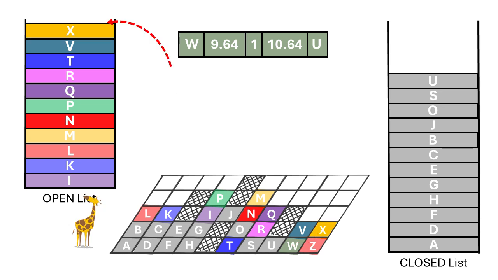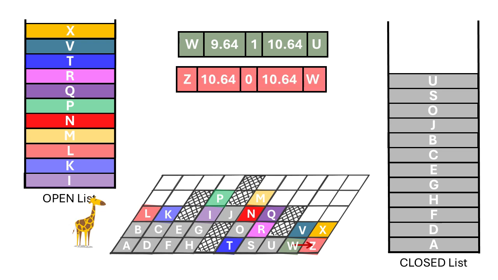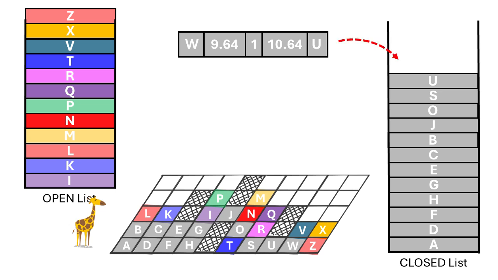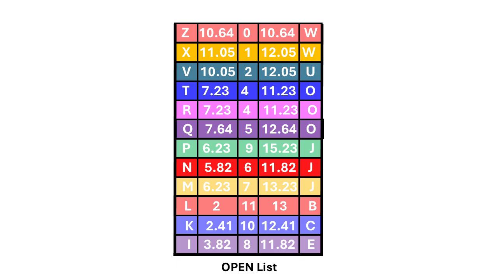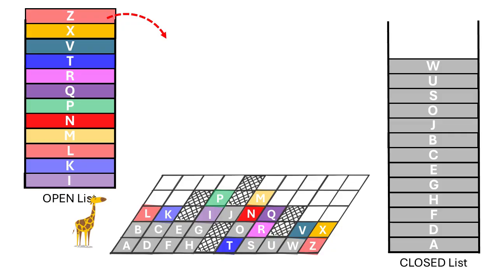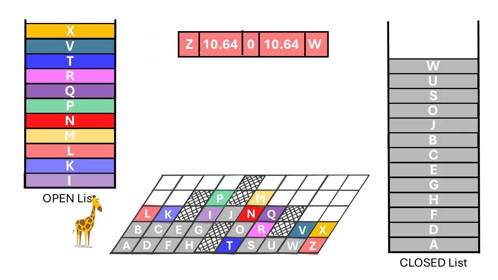Just note that the Z that's been on the environment the entire search is just to indicate the target position. It's not an A* node because we haven't created a Z node until now. With node W on the closed list, we find that node Z is the cheapest option on the open list. Node Z turns out to be the target, so we can stop processing the A* algorithm and use this node